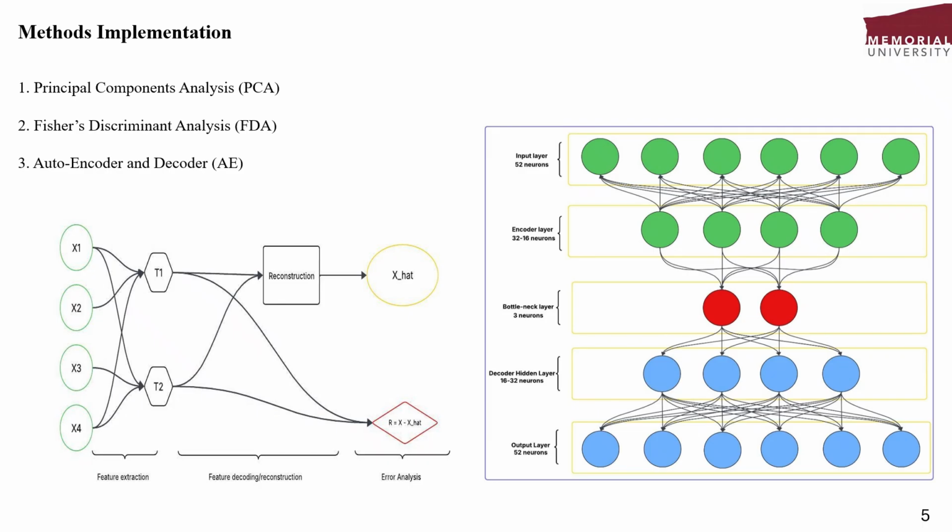PCA. It again works based on the linear relation of the variables, but the autoencoder and decoder is completely different, because we compress the data into the bottleneck step by step, not only suddenly. We first compress them for example from 52 to 32, and then to for example 16, and then to a bottleneck. The bottleneck is where we capture the non-linearity of the system.